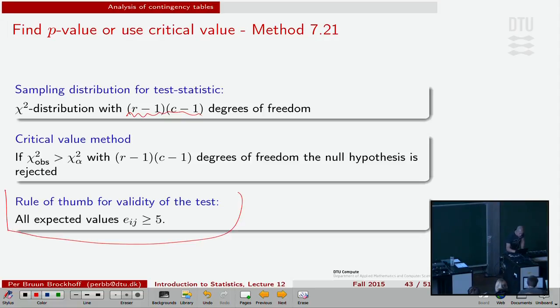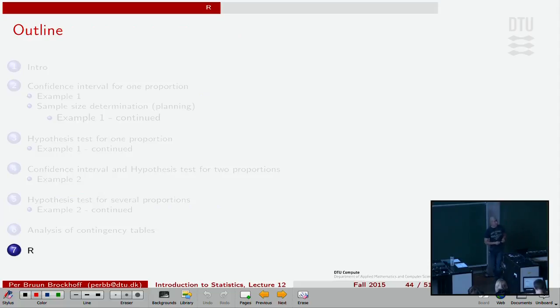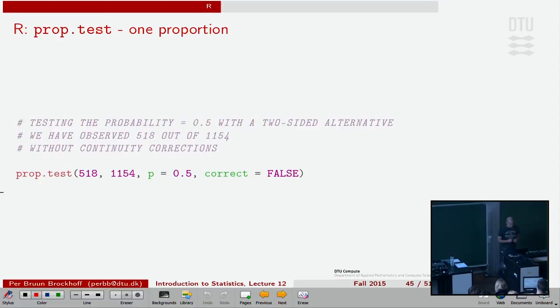Again, same rule of thumb. Be careful. And if we are going to be strict about it, don't use these methods if just a single one of the expected numbers becomes less than 5. That's the safe advice, right? Rules say all the E_ij, so all the 9 ones for this data, should be large enough. Otherwise, it doesn't work. That takes me to the R part now of this whole proportions chi-square test business. We have some